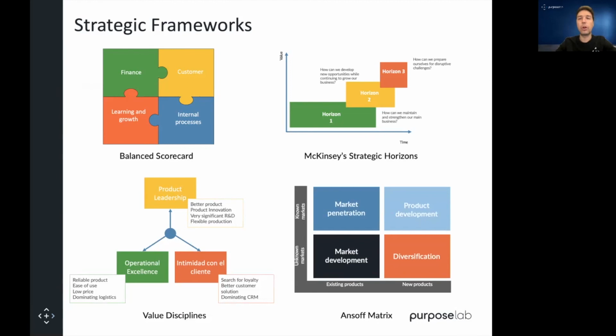And also you have your Ansoff matrix. Funnily enough, this is one of the first strategic frameworks that came to be. It was put forward by a Russian with the last name Ansoff, and it's mostly used when you want to focus a lot on commercial efforts and growing your market, because it is about new products versus existing products, new markets versus known markets, and how you can put together the best combination of commercial efforts, products and services to make sure that your market penetration and your sales are maximized as much as possible.